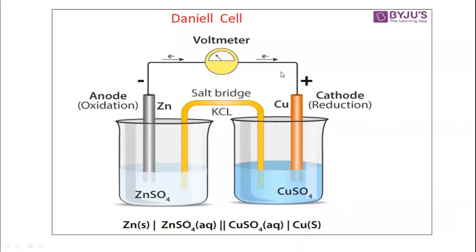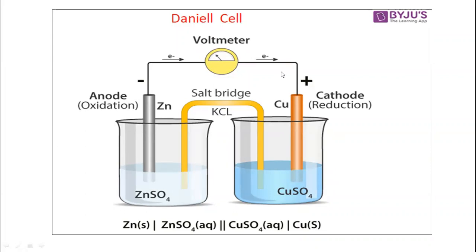In the previous lecture, we discussed the galvanic cell. In a galvanic cell, chemical energy is converted into electrical energy. At the cost of the chemical reaction, electricity is produced. We have taken the example of the Daniell cell. So the Daniell cell is a galvanic cell.